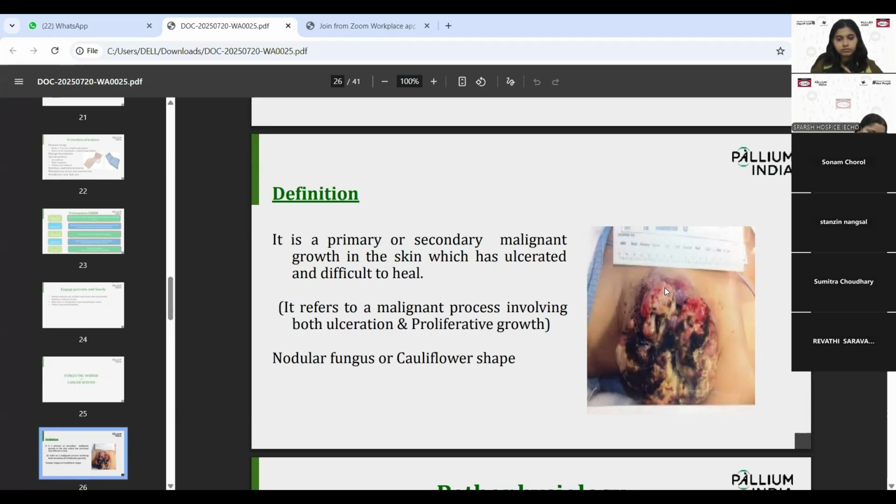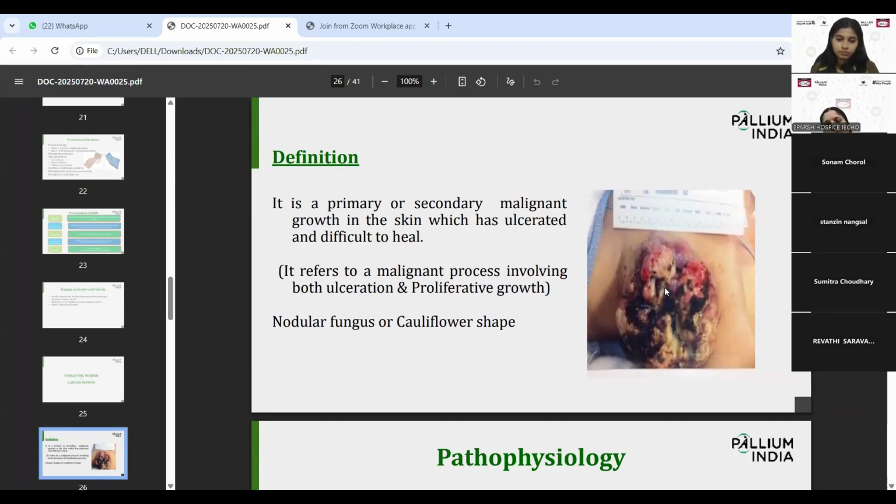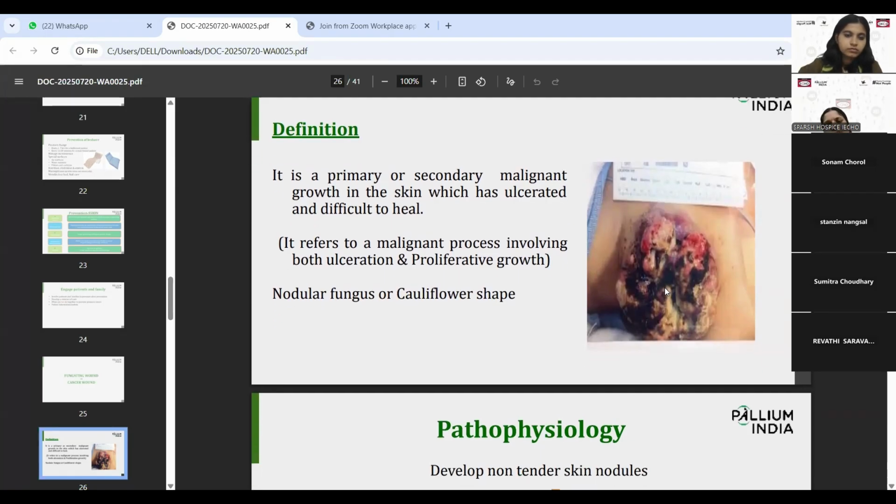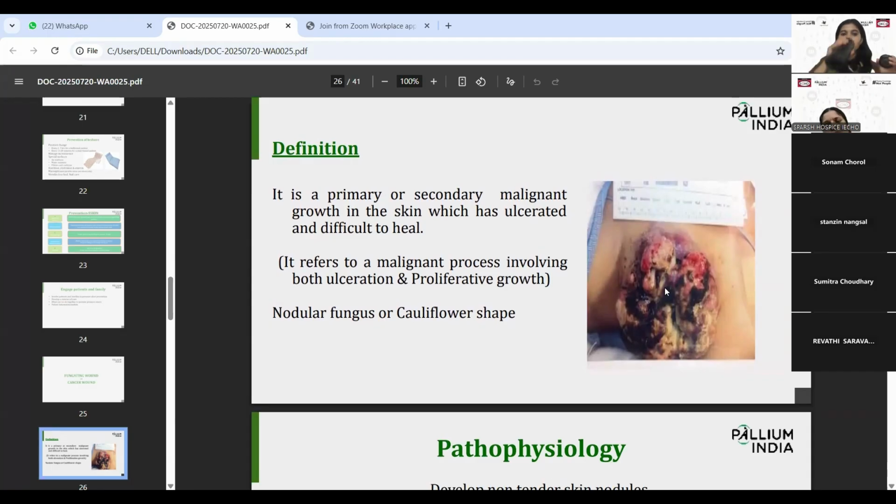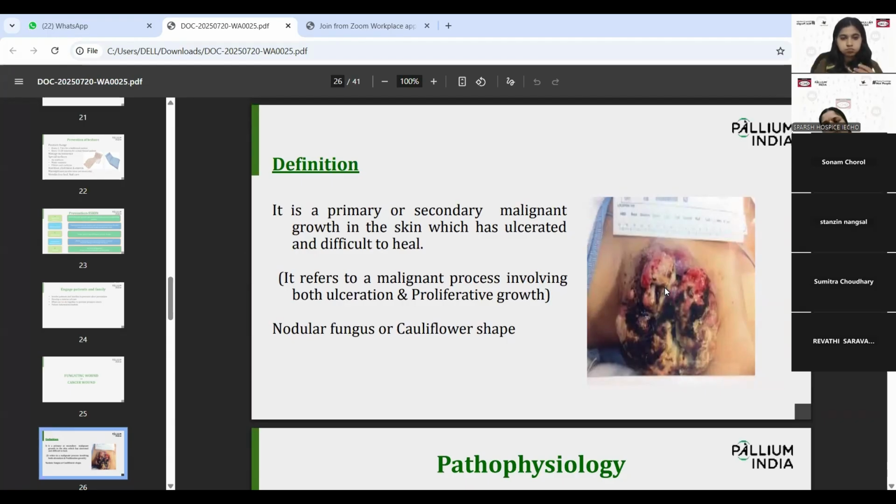So you can see clearly in this picture how it is appearing. Okay. So it refers to a malignant process. It involves both ulceration and proliferative growth. Okay. This shape will be cauliflower shape and it shows as a nodular fungus. Okay. So this is what is called